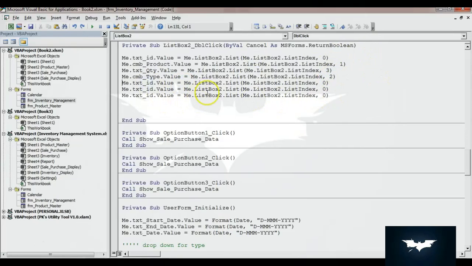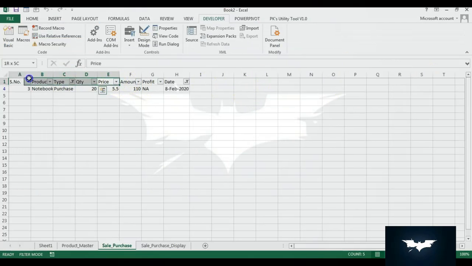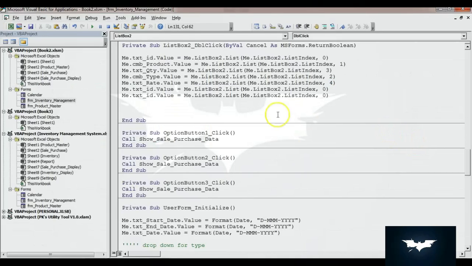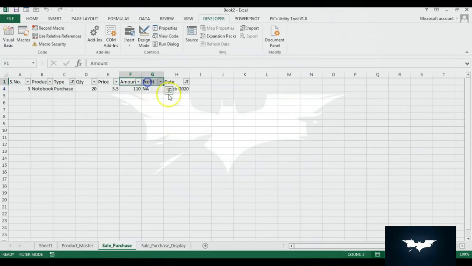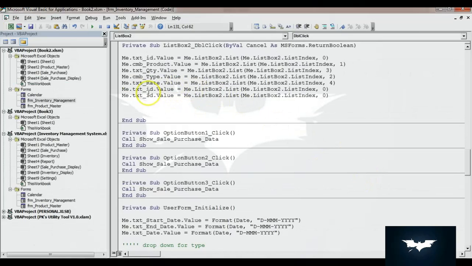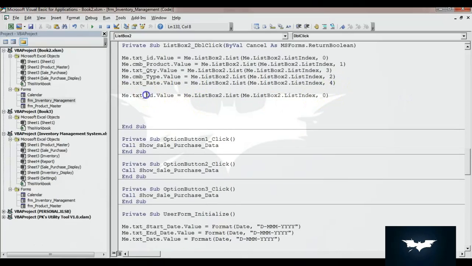We can put the rate also. So we can use here txtrate, and rate is coming on this one. The price is the rate, so it is coming on 5, so we'll put here 4. Then the amount and profit are calculated fields, but date we can use on column number 8. So we can use here txtdate, and it is coming on column number 8, so index number will be 7.